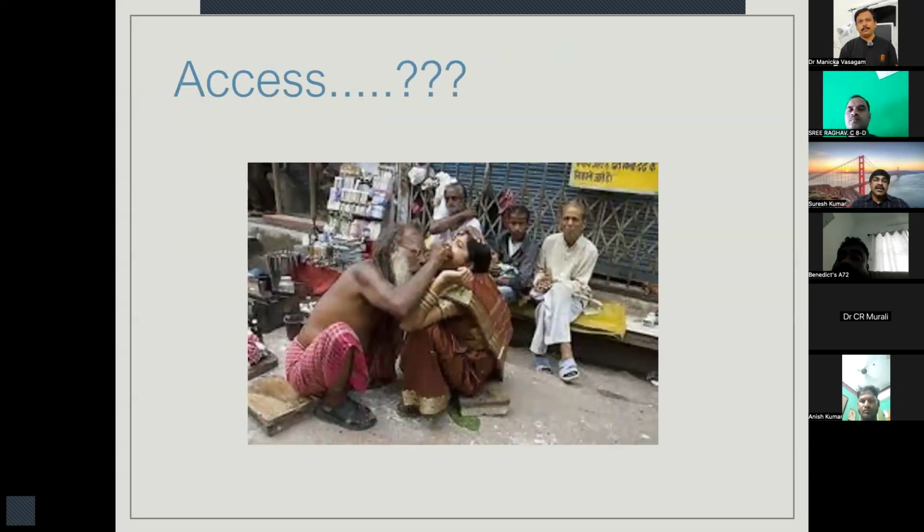So access is really difficult. Even today I find it very difficult to approach the upper third molars because of the positioning. You have to really retract. When you retract too much, the patient won't be able to open the mouth. If the patient closes the mouth, your access is gone. So it's always a difficulty.